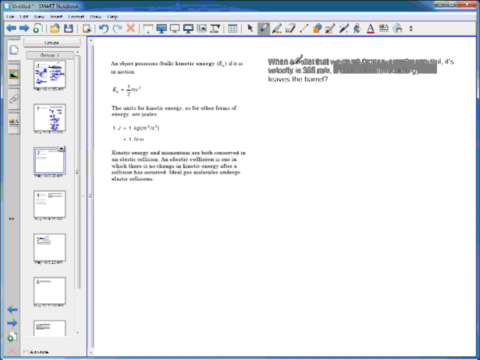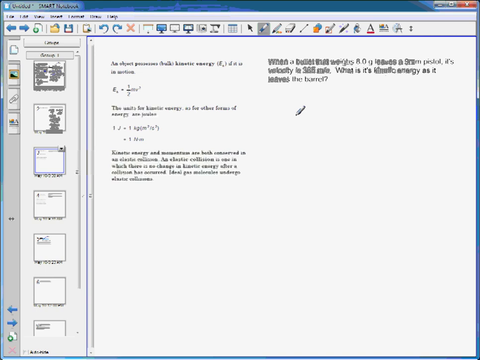Okay, looking at this example, when a bullet that weighs 8 grams leaves a 9 millimeter pistol, its velocity is 365 meters per second. What is its kinetic energy as it leaves the barrel? Well, first of all, we notice that our units are in grams. We need to change that to kilograms. So that's going to be 0.008 kilograms. We use our formula,